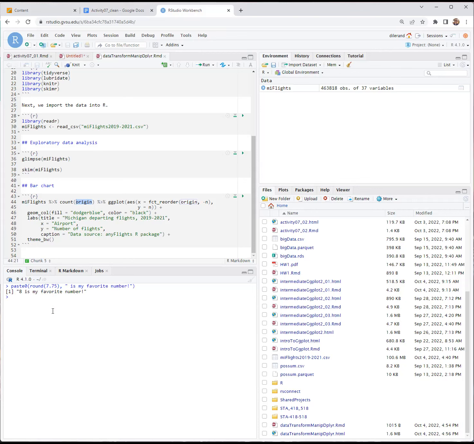And that gives the same result. This is just a little bit more difficult to read than this, which sort of reads as take 7.75, apply the round function, then the result of that, apply pasting to it, blank is my favorite number. So the pipes allow us to chain multiple function calls together in a way that's more readable rather than layering